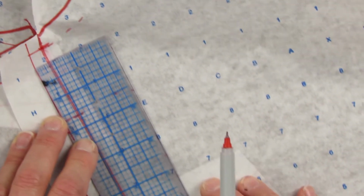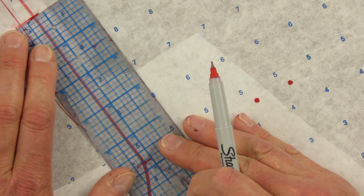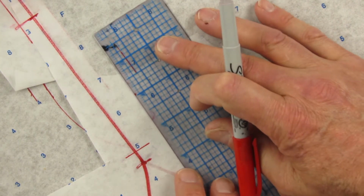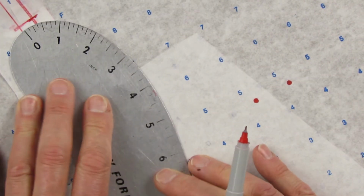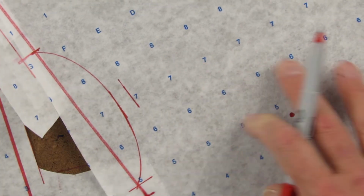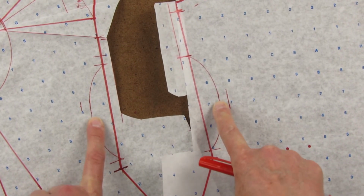And we measure out on the back from our elastic edge out 1.25 inches, and we mark that and add the 3/8 to the back waist and add the 3/8 to the keyhole, and we do the same thing to the back as we did the front. We draw in our cutting line, and you have your back and your front keyhole points that we're going to cut out, and we're going to fold,